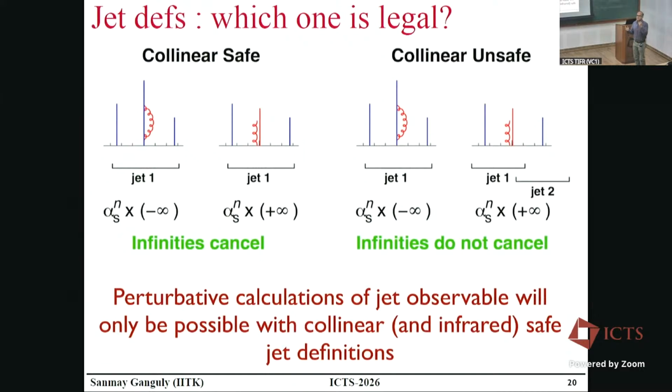So to get finite, computable, observable, which are also measurable in the lab, you better construct a jet reconstruction algorithm which clubs this kind of real and virtual emission all together and measures the cross-section in one go. Call it one jet. So the criterion of IRC safety of a jet reconstruction algorithm means that if you have an on-shell emission as an external arm of a soft and collinear parton, it clubs that parton within the same jet. Okay, so this is the idea.